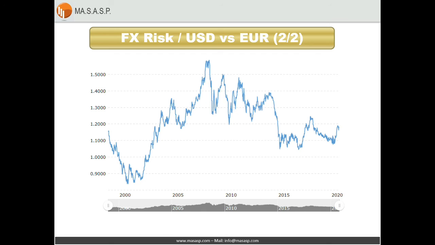We can also expand our observation period going back to the 20th century. Let's take account of year 1999, for instance. The exchange rate quoted 1.15 in January 1999, and it quotes 1.11 at the end of year 2019. It is just a 3.5% shift in a 20-year observation period. Really negligible.